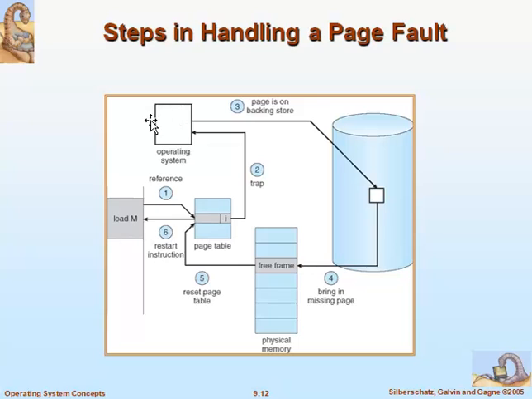The operating system takes care of that particular trap, and it will check whether it is an invalid reference or whether that particular page is just not available. If it is an invalid reference to the memory, then this particular process will be aborted. Else, if it is a valid reference, that means the requested page is not available in the main memory. Then the page is on the backing store, so it will check the backing store, which is the secondary memory.